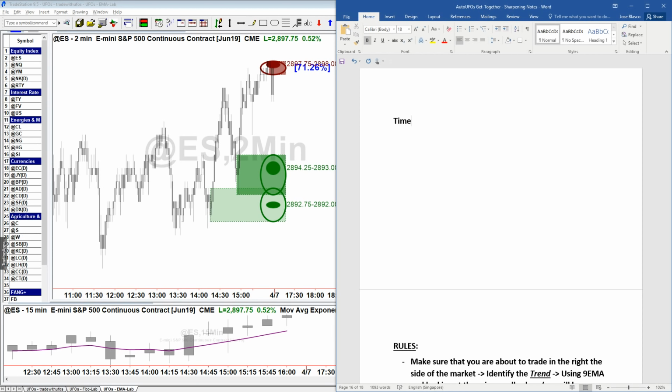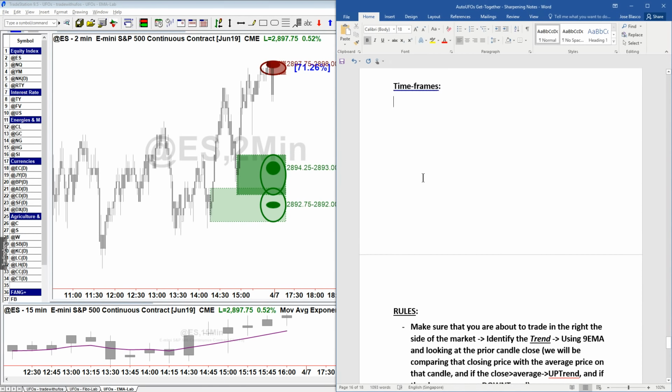Because the idea is to produce a set of rules that could be used no matter the time frame. So in order for me to be able to do that, I'm just going to have a time frame section, kind of separate compared to the rules. And then we're just going to give the time frames two names, okay? And we'll apply the rules to the proper time frame, okay?